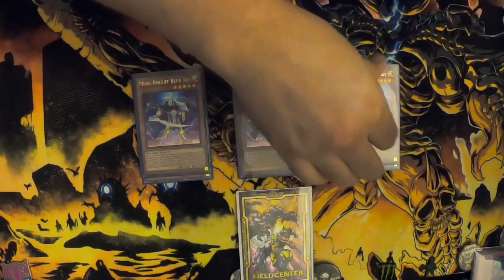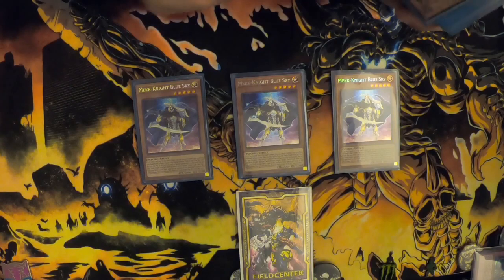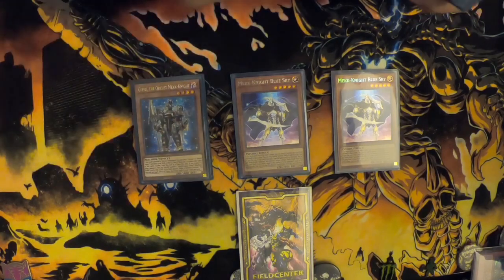We were playing this at 2 before, but now because of the inclusion of the Mekk-Knight Girsu, we can make Blue Sky live turn 1 by giving our opponent a token if it's the first card we open with. So if you guys don't know what he does, any column he's special summoned to, you get to add Mekk-Knights with different names from the deck to your hand up to the number of cards your opponent controls in that column. And the brand new